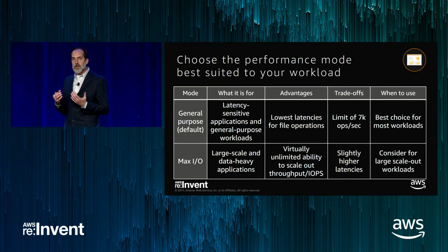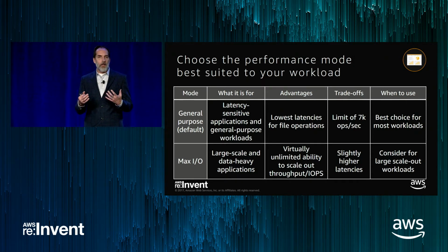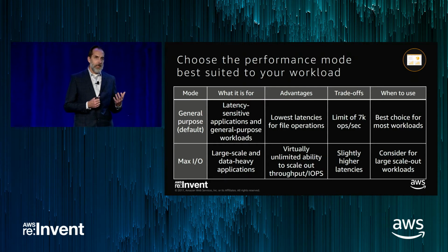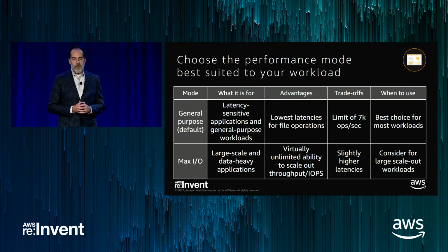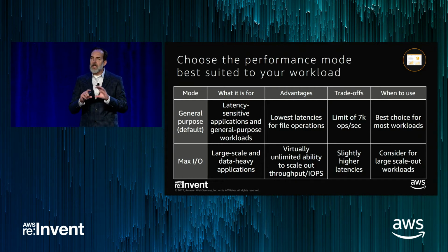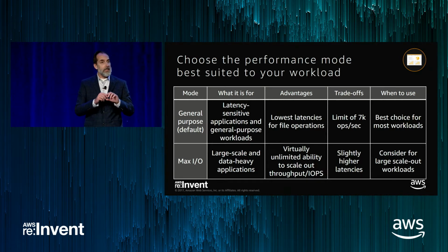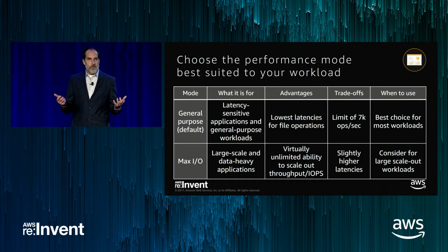Virtually an unlimited amount of storage and throughput and IOPS is available using Max I/O file systems. But there is a trade-off between the two. With general purpose mode file systems, there is a limit of 7,000 file system operations per second. So if your application requires low latency access and can live within a 7,000 file system operations